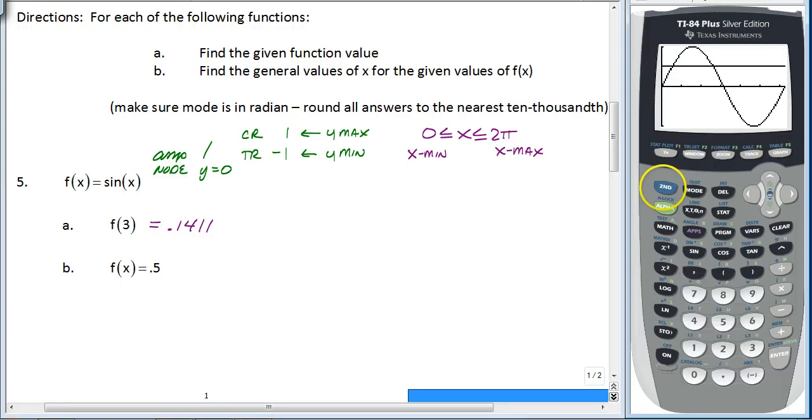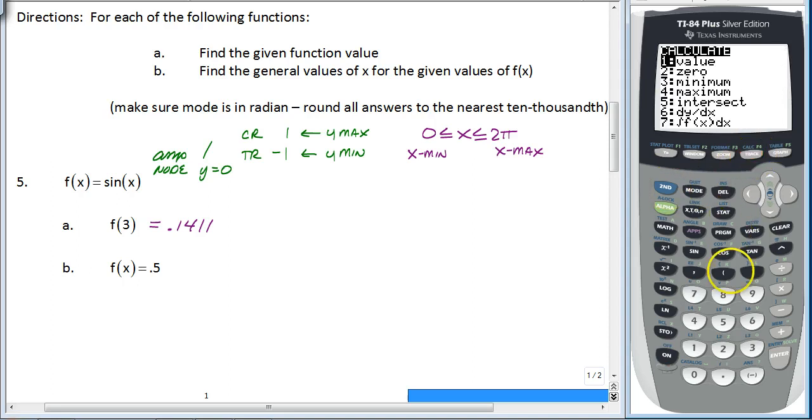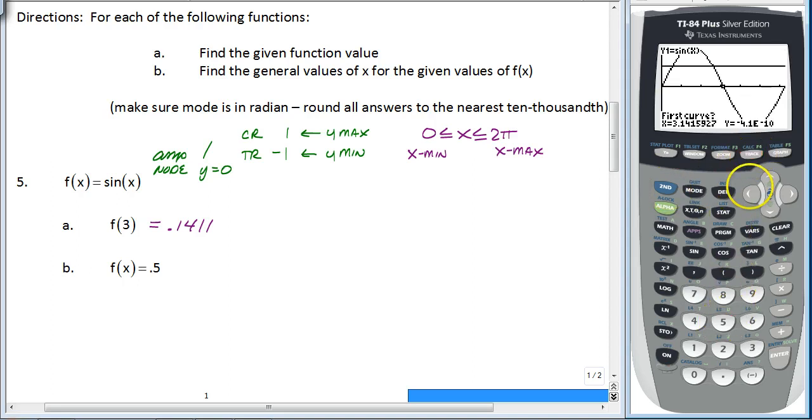So when you press your second trace and you go to your intersections, you must find both. So number 5, intersect. We're going to take our little blinky guy and get him pretty close to the first intersection. It doesn't matter which order you find these. You're going to click enter 3 times and you're going to find out that one of your values is going to be